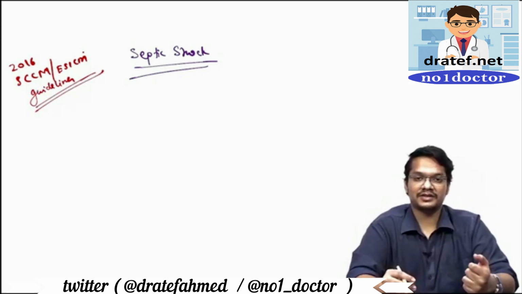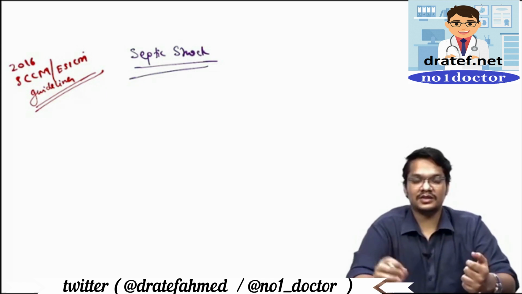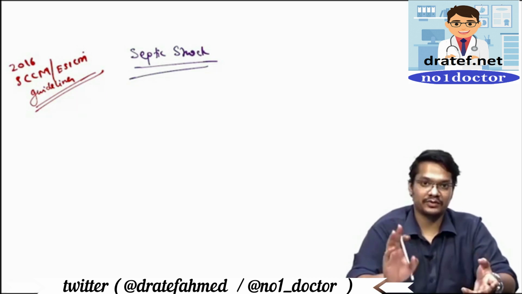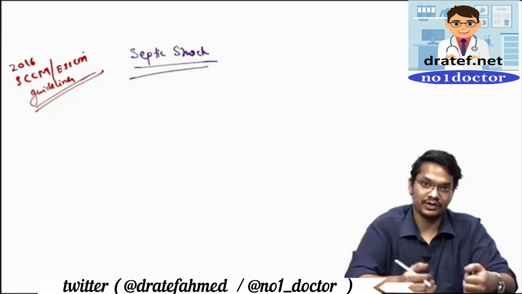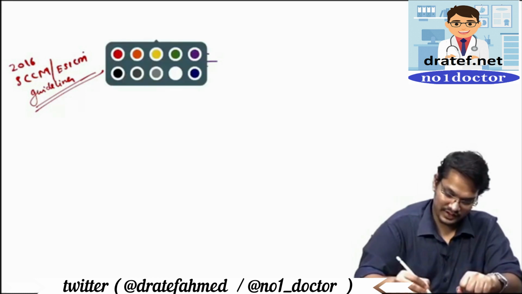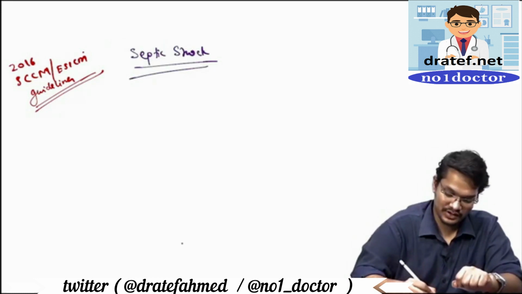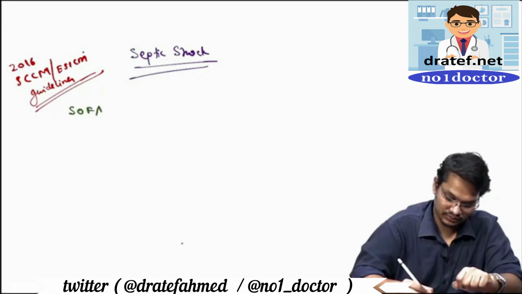These guidelines were updated in the Surviving Sepsis Campaign, and in 2016 the SCCM and ESICM gave new guidelines of sepsis. So I'll be including those guidelines also in this video. Okay. So the first thing which came as a new concept in these guidelines was the SOFA score,